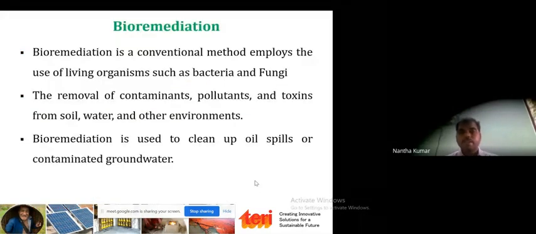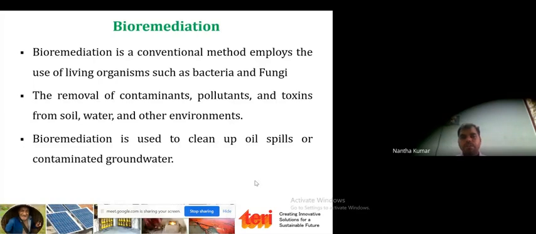So, what is bioremediation? Bioremediation is a natural process wherein bacteria or fungi, that is, microorganisms, degrade or remove the pollutant from the environment.